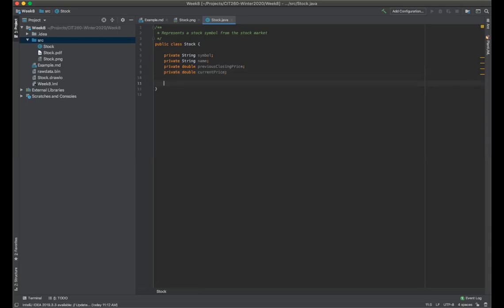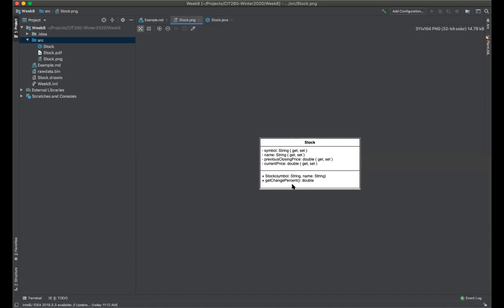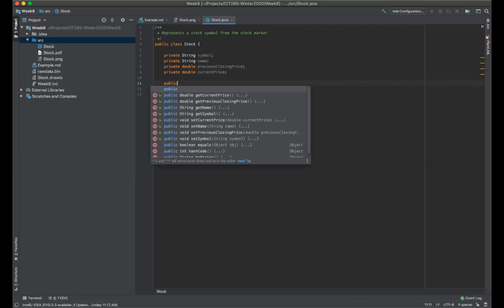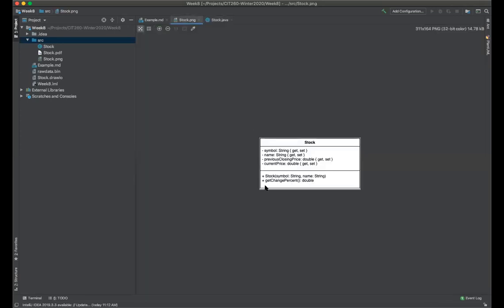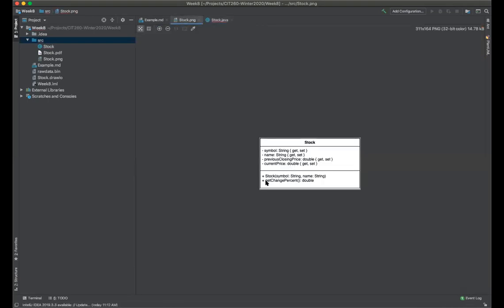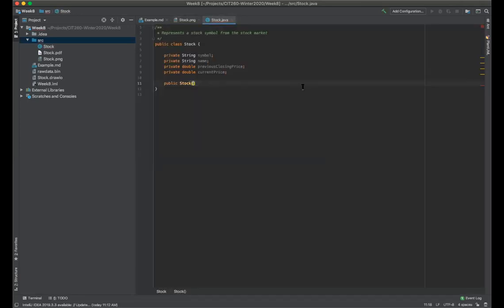The next thing is we need to have a constructor that takes the name and the symbol. So to create a constructor, we say public. We want to make it public, and we indicated that in our UML with the plus sign there. Public, and there's no return type for a constructor. There's not a void or anything else, and there's not a stock. We just say public Stock. That's the name of the class. And then this particular constructor, we've designed that it's going to take the symbol and the name when we create the class. So we're going to pass in a string symbol